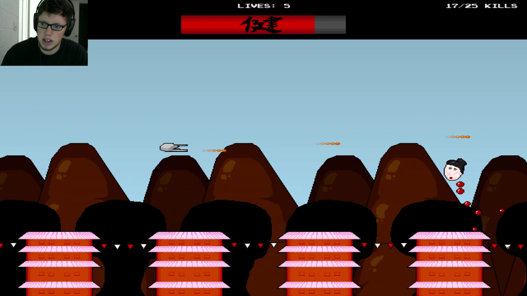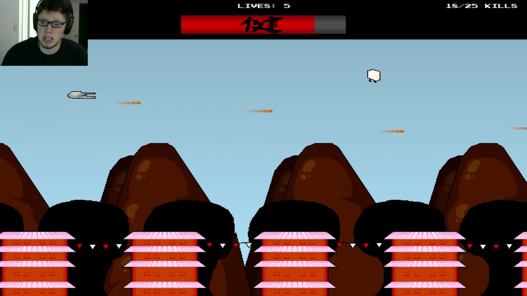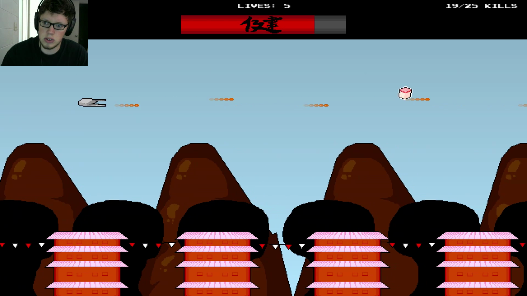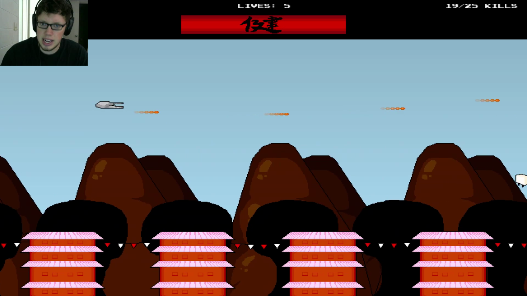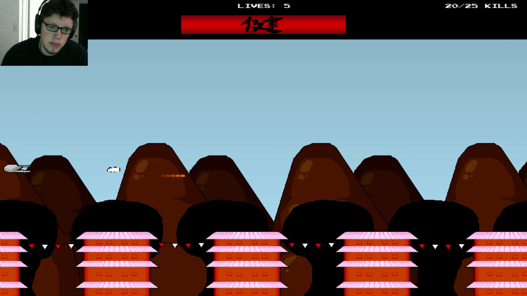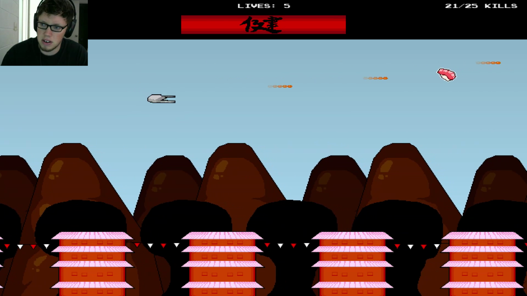Wee, sushi. The sound effects make this game a whole lot better. I can't even describe how much better they make this game. Parallax scrolling is also good. Lives 5, cool. You know, when I first reviewed this game, I actually did not probably give it a fair score because